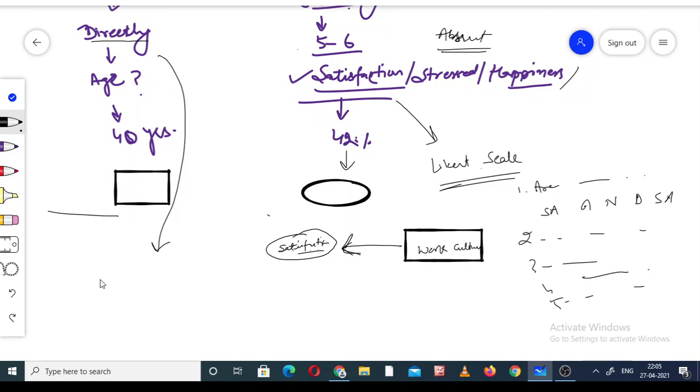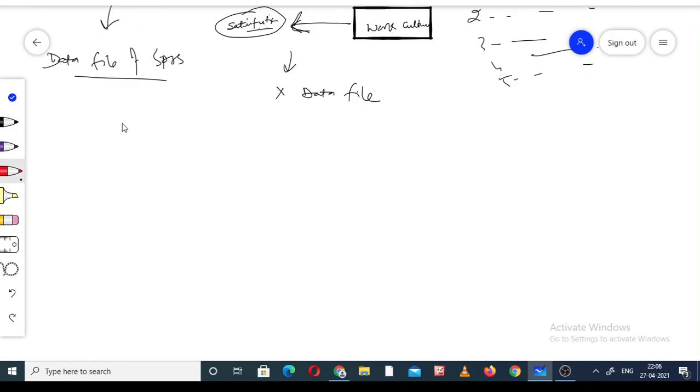If something is in the data file of SPSS, that is the observed variable. In case of the latent variable, it cannot be found in the data file of SPSS. It will not be in the data file. So that is also one difference between these two.